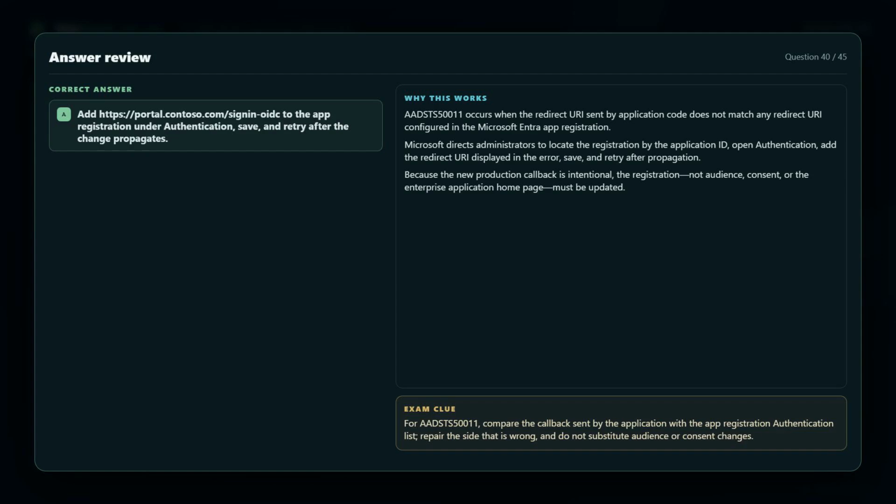The correct answer is A. Add https://portal.contoso.com/signin-OIDC to the app registration under authentication, save, and retry after the change propagates. AADSTS50011 occurs when the redirect URI sent by application code does not match any redirect URI configured in the Microsoft